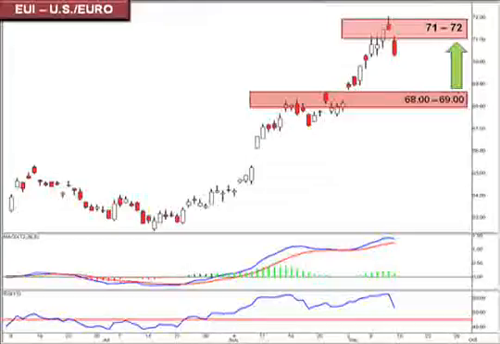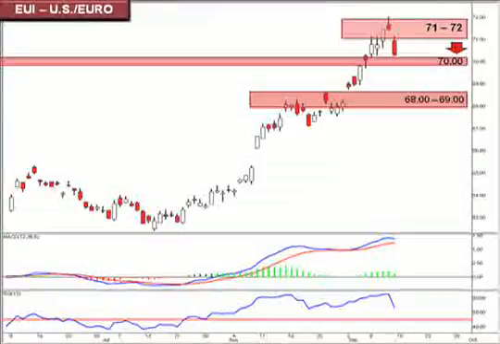As you can see here, Thursday and Friday we played off of that zone that we identified, where we now find ourselves heading back into that 70 focal zone that we've been speaking about. That area, although previously an area of resistance, now becomes an area of support, and we have to recognize that a consolidation there can potentially take place. Should that area not hold, we're likely to see a play back down into that 68 to 69 focal zone, which represents the next logical area of support.